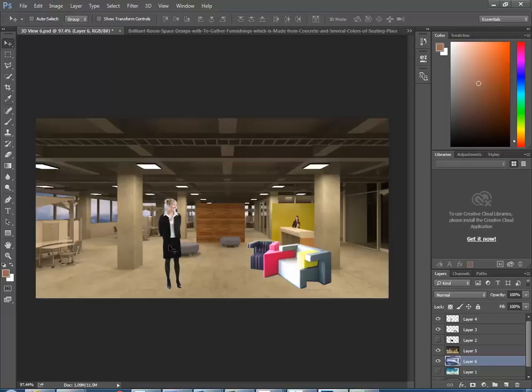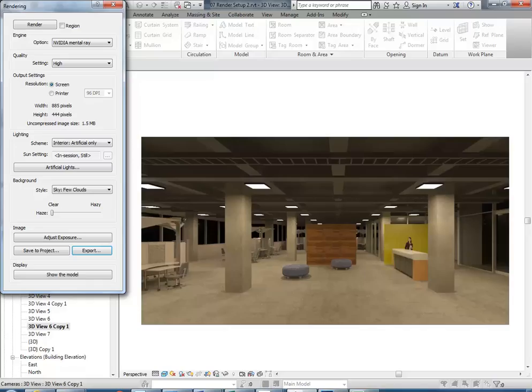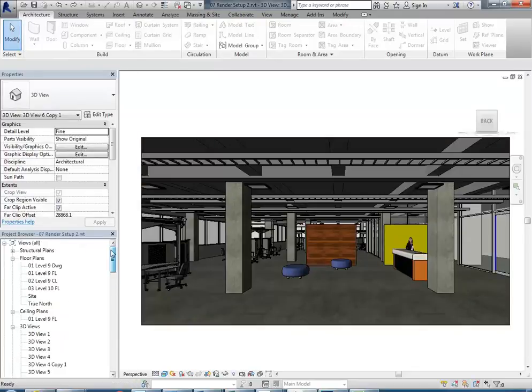Okay, so hopefully using those techniques you can both bring images in as your backgrounds and also into your foreground. And oh yeah, I thought I'd show you a trick to get the people to be the right size. You should be able to do it entirely in Photoshop eventually, but sometimes it can help if you just use a few little tricks with Revit. So what I'm going to do is put in a person